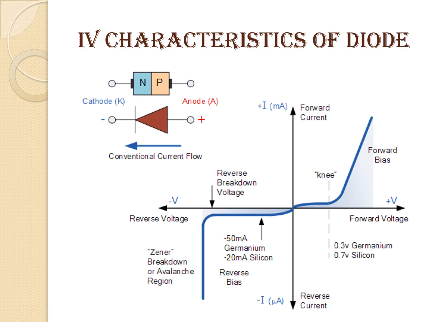So in this diagram, as we have already seen, the barrier potential of the diode is 0.3 volt for germanium and 0.7 volt for silicon. So until this voltage is reached, no significant current can flow through the diode. So we should have a variable voltage supply applied across the terminals of the diode. Whenever we increase the voltage, up to this specific voltage, that is 0.3 volt for germanium and 0.7 volt for silicon, very little current flows through the device. So this voltage is known as the knee voltage.